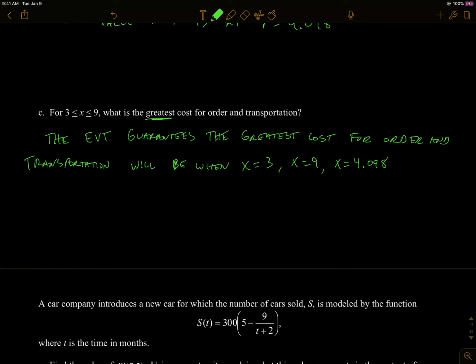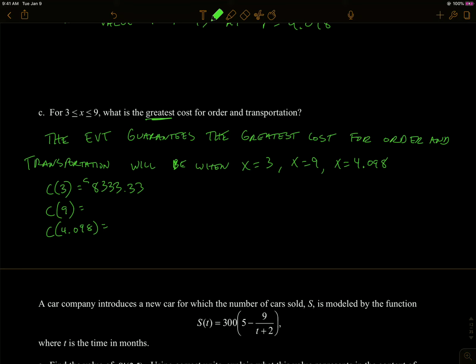So we know that the maximum is going to occur at one of those 3 spots. So we just plug all of them in. We plug in 3 to the original, we plug in 9 to the original, and we plug in 4.098 to the original. So when we do that, we should get